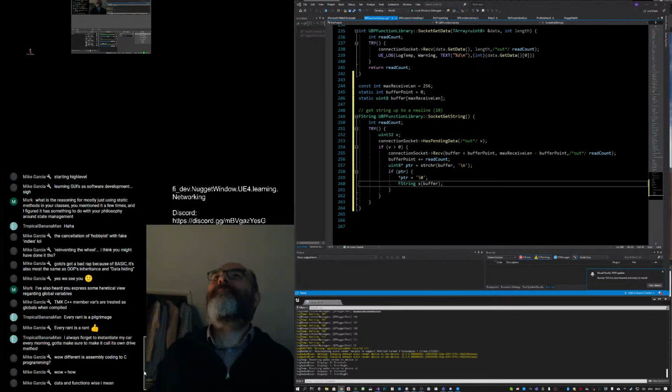Yeah, Mike, that's right. Heretical view regarding global variables. Well, there you are, I do have one on that. Global variables are bad. No, they really aren't. We went too far in our attempts to banish them forever, and a lot of people who try to banish them don't understand why they were bad originally. And it just means that the good reasons for using global variables aren't considered. You know, they're very heretical, but